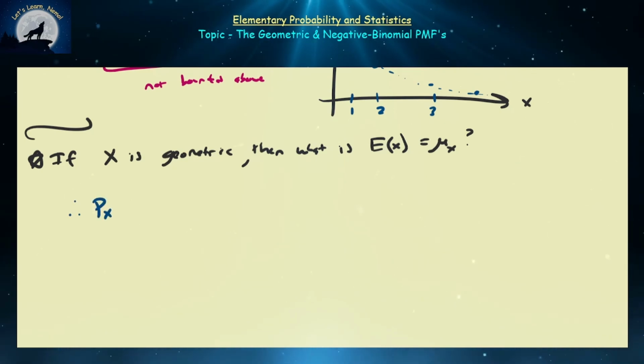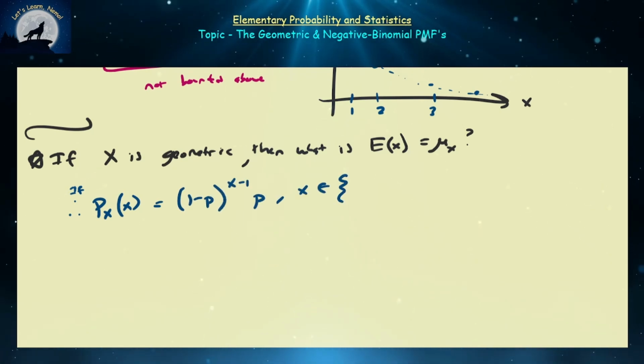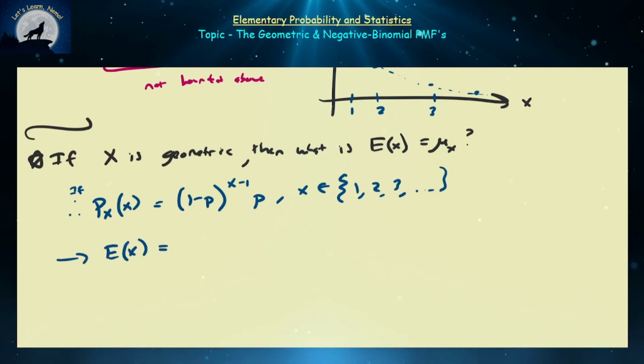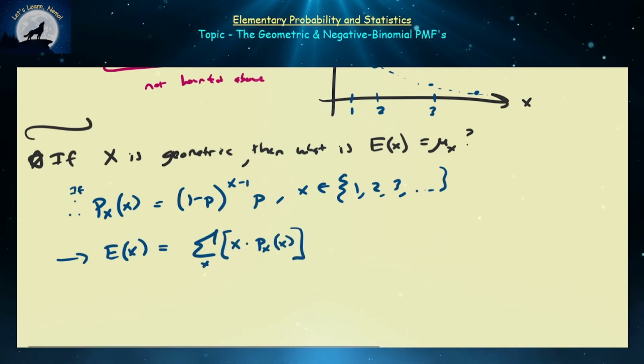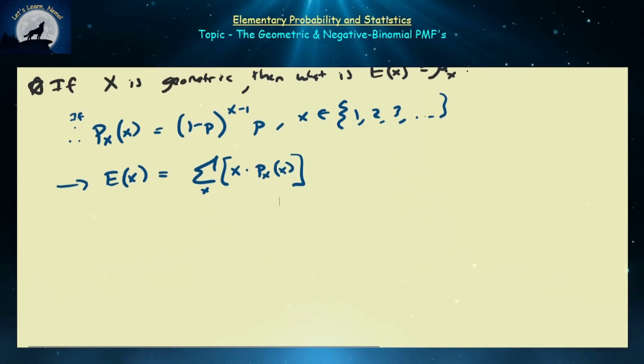So remember that if p_x(x) is equal to (1 minus p)^(x minus 1) times p, for x belonging to 1, 2, 3, and so on, then the expected value of x, by definition, will be the sum across all values of x times p_x(x), right? And keep in mind, this is always true